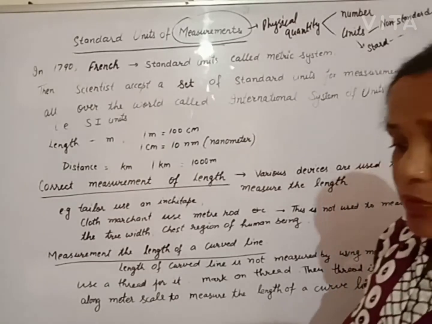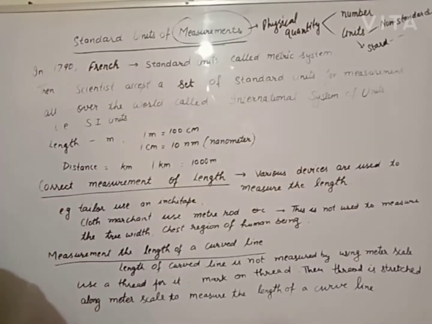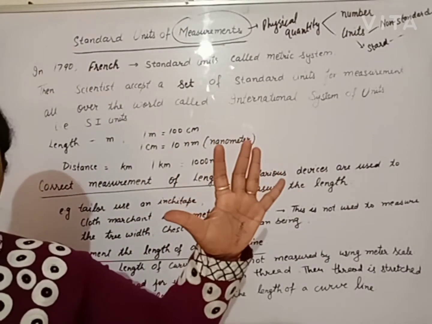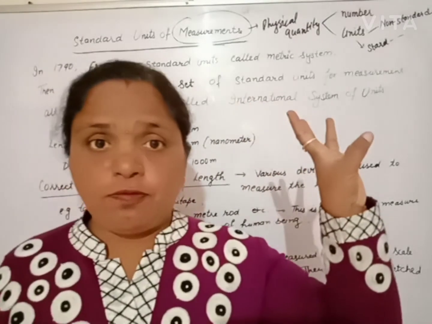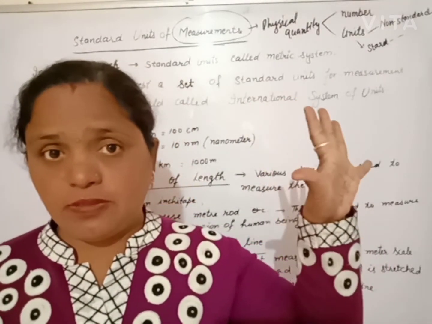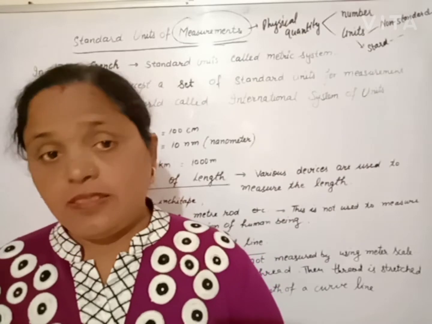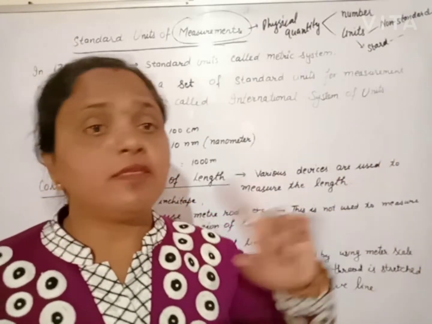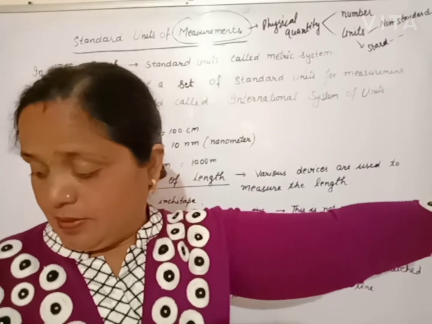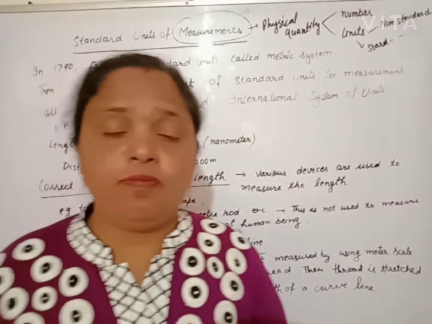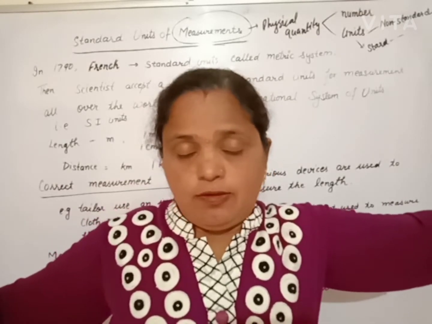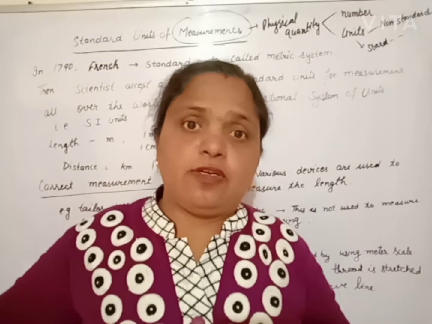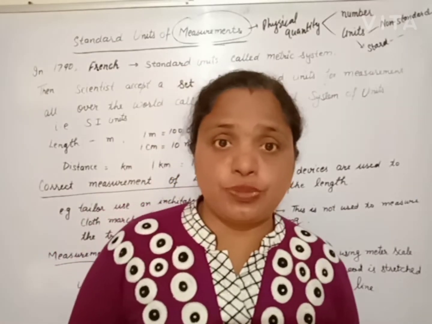Beta, these standardized and non-standardized units we discuss with you. These non-standardized units are hand's palm, cubit or yard, like this. Hand's palm is the distance from the end of the finger to the end of the thumb. Then yard is the distance between chin and stretched hand. Clear? Next one is the fathom. Fathom is the distance between two stretched hands, from one end of one hand to the last end of the other hand. The distance between these two is known as